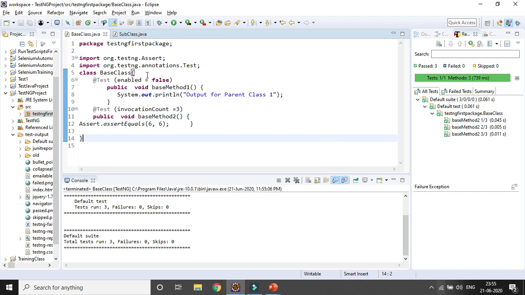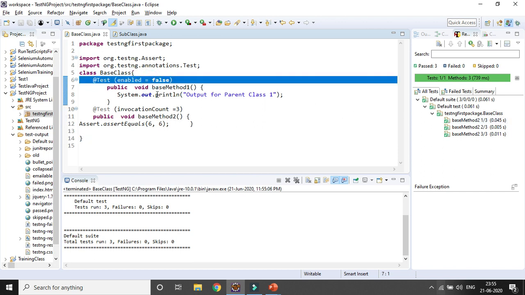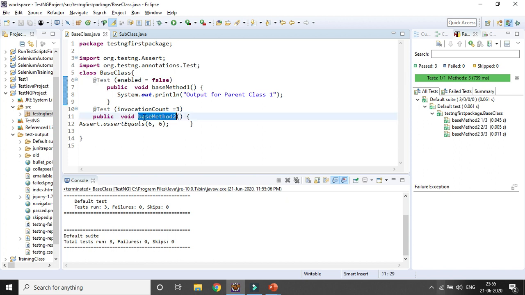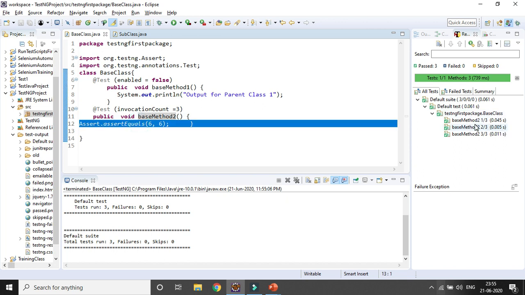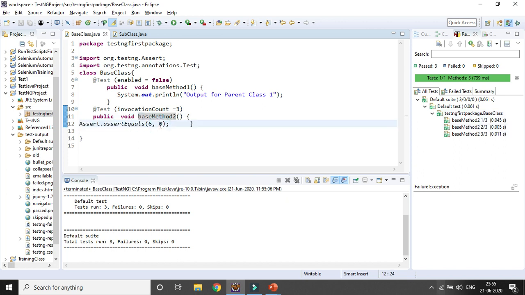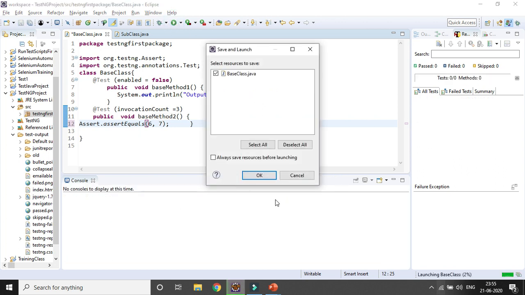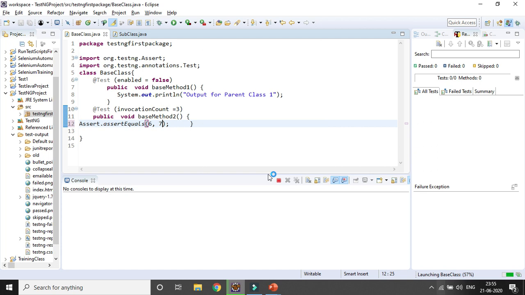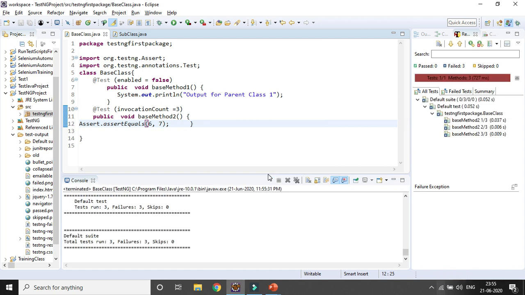Method 1 is enable equal to false, so that will not be executed, and base method 2 invocation count is 3, so it will be executed 3 times, and the assertion is getting passed. If you fail it, it will fail 3 times, but no subclass or child class method will be executed. In the base or parent class, obviously we are not extending anything, so whatever methods are written and enabled or disabled will be executed.